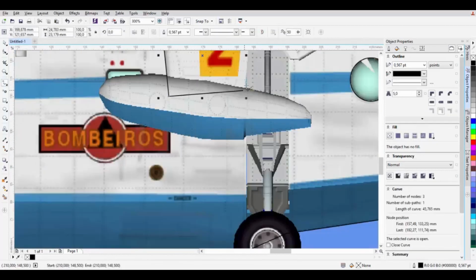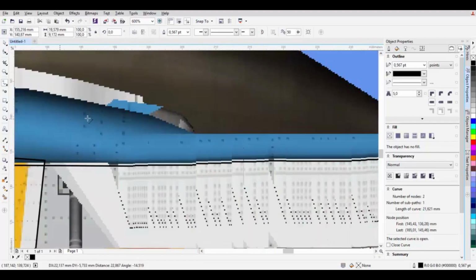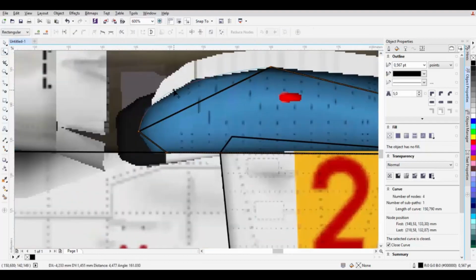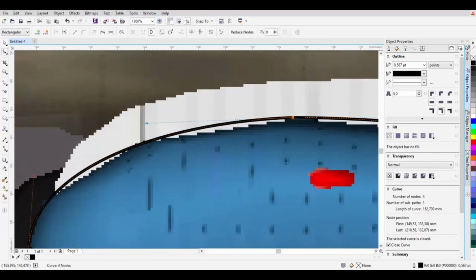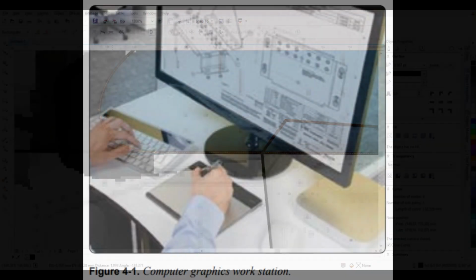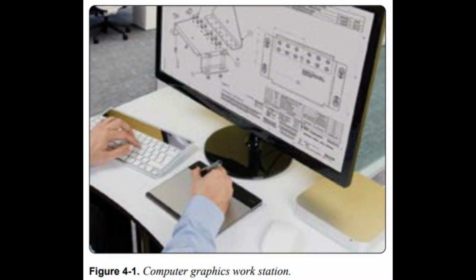4. Computer-aided manufacturing, CAM, where a computer is used in the manufacturing of a part or product. 5. Computer-aided engineering, CAE, where a computer is used in the engineering of a part or product. As computer hardware and software continue to evolve, a greater amount of CAE is completed in less time, at lower cost. In addition to product design, some of the other uses of CAE are product analysis, assembly, simulations, and maintenance information. Figure 4.1. CATIA, ProEngineer, SolidWorks, and Unigraphics are some of the more popular CAD software packages used for aircraft design and manufacturing.